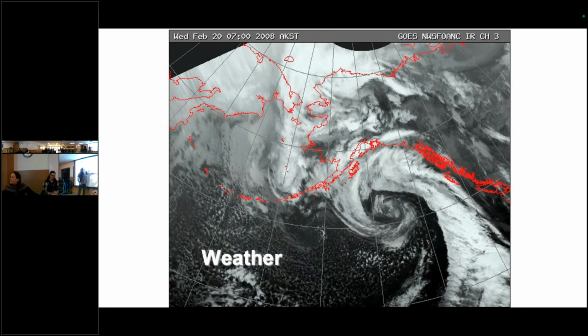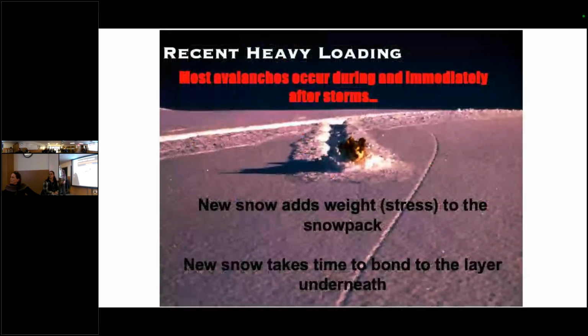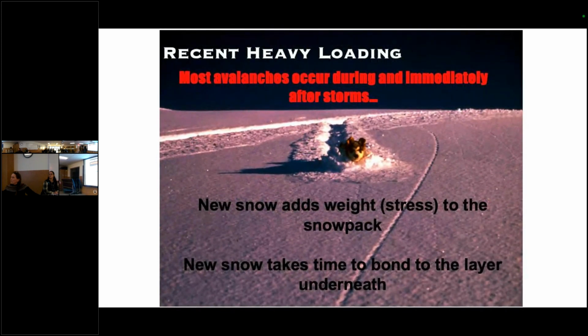That's why when our storms come in right here, the wind is blowing this way, this way, this way. There's a lot to weather. We could do a whole other class on that. So it's things to think about.